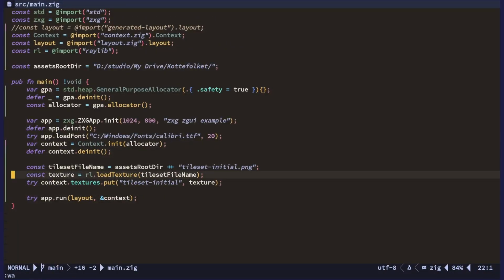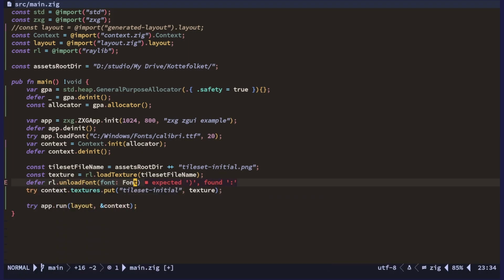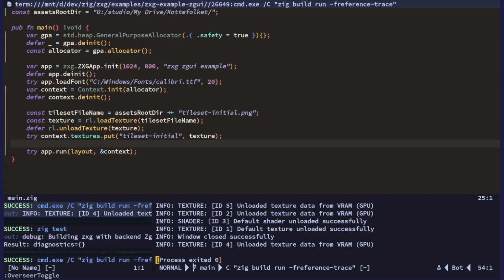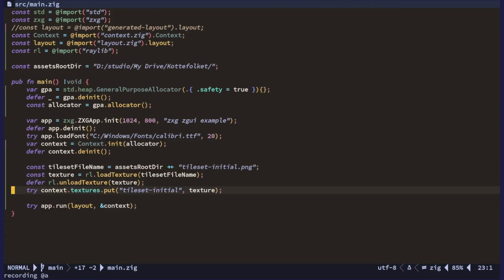Okay, so you don't actually need to unload this texture because Raylib unloads it for you when we quit the program. But I'm just gonna put that there just in case. I know that every resource is basically released, so there's no difference from doing that. But I guess you won't want to do that if you would just want to load in a section of the game with textures and then another section, you could do that. Okay, but anyway,